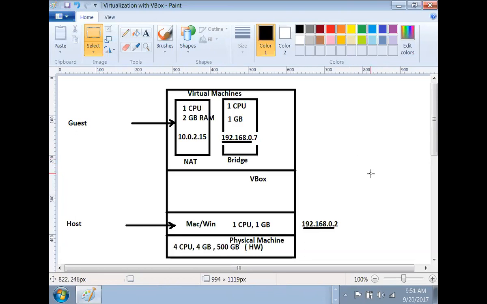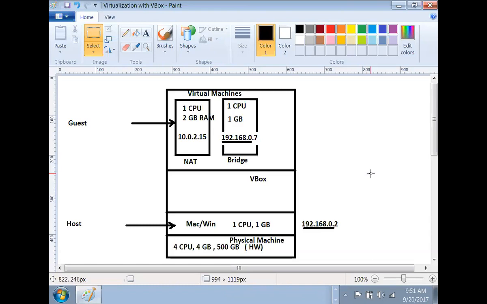So you will work with the bridge network. Why? Now, for example, if you are sitting in an aeroplane, there is no Wi-Fi, nothing. You are above the sky. There is no tower, right? You will not carry a tower with you. So what will happen? Then you should go to the NAT network so that you can work in the flight also. If you want some networking things in the flight, you can work with the NAT network. So when there is no network, go for NAT.